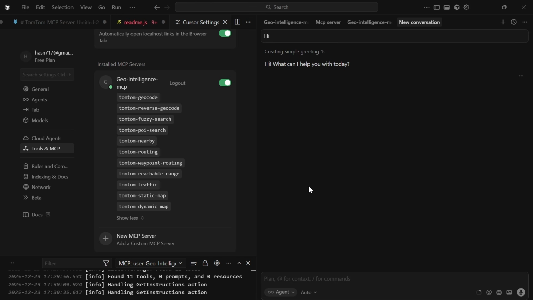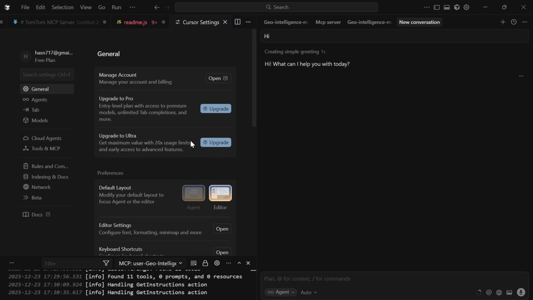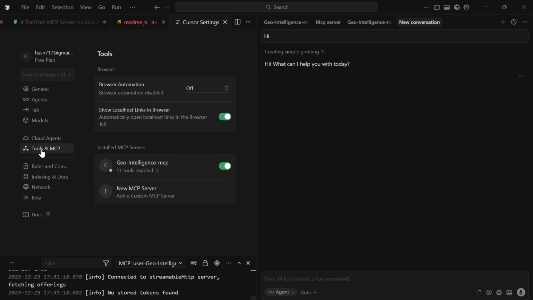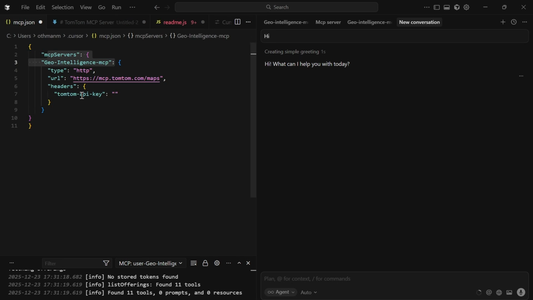In this video, I'm going to show you how to connect a Geospatial Intelligence or Location Technology Model Context Protocol (MCP) server to AI. First, you need to install Cursor AI. Then you will go to the settings. After that, Tools and MCP. Then new MCP server, and you need to write this kind of configuration to connect to your MCP server,